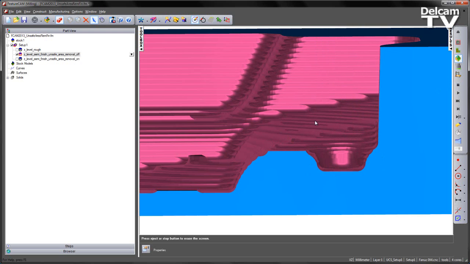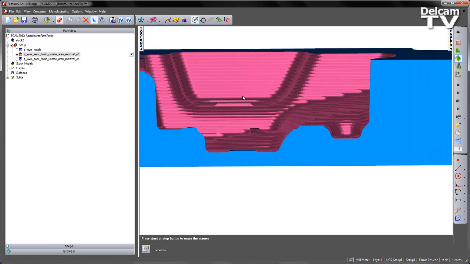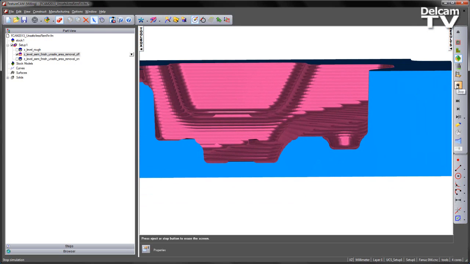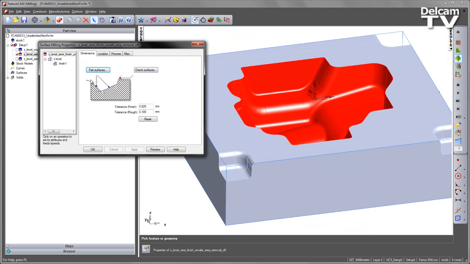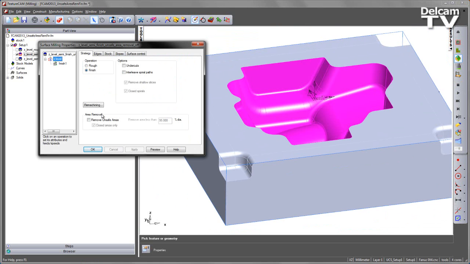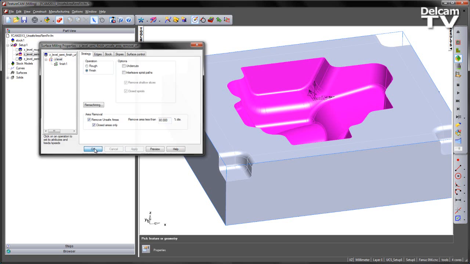So what we need to do is use the unsafe area removal tool. We do this by using the option in the toolpath itself. So I'm going to go into the properties of the process, into the Z level, and I'm going to choose Remove Unsafe Areas. In this case I'm going to set the size of 80% of the tool diameter. Apply, say OK,